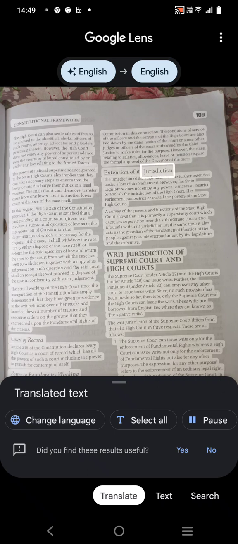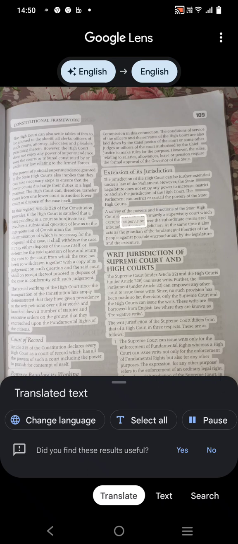Extension of its jurisdiction. The jurisdiction of the High Court can be further extended under a law of the Parliament. However, the state legislature does not enjoy any power to increase, restrict or abolish the jurisdiction of the High Court. The Parliament can restrict or curtail the powers of the state high courts. A survey of the powers and functions of the state high court shows that it is primarily a supervisory court